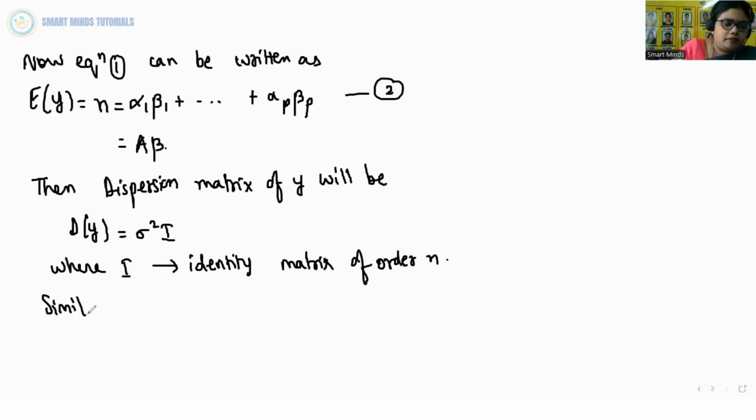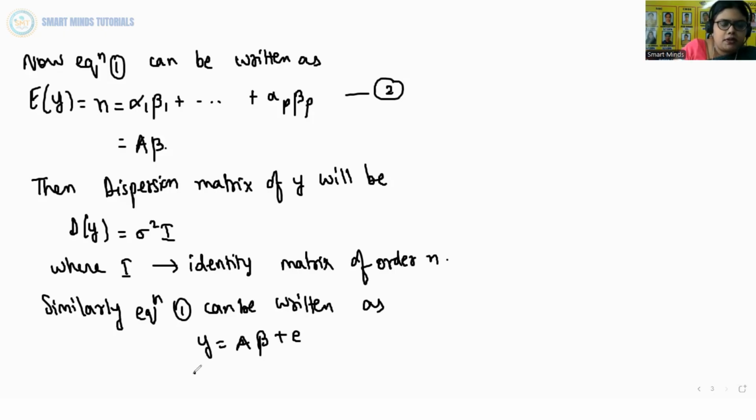Similarly, equation number 1 can be written as y is equal to A beta plus e. So E of e is equal to 0. So D of e is equal to sigma square I. Let's say this is equation number 3,